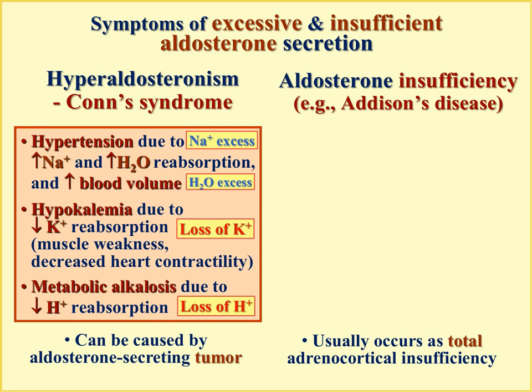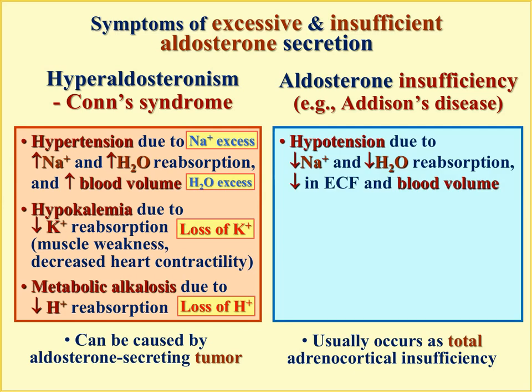Loss of water means loss of extracellular fluid volume, which means in turn blood volume loss and decreased blood pressure. When all these parameters fall lower than the critical level, it results in not enough blood supply to the brain, loss of consciousness, finally coma and death. So hypotension clearly develops due to loss of sodium and water, and it decreases extracellular fluid volume and blood volume. Then,